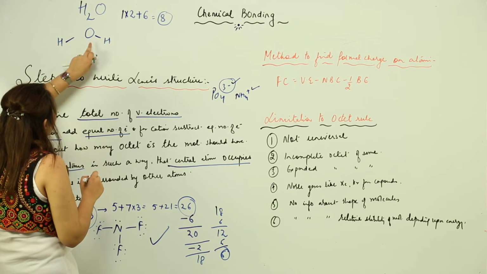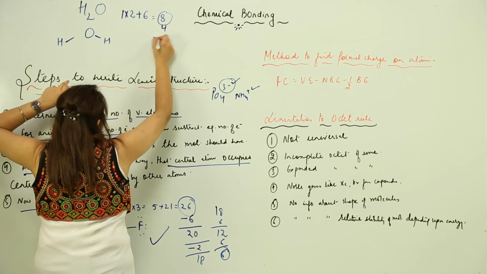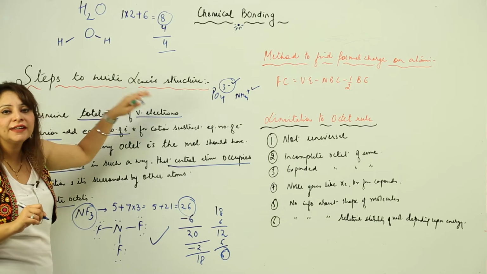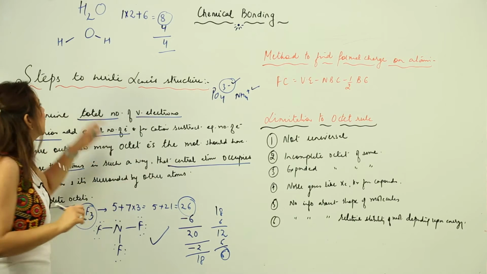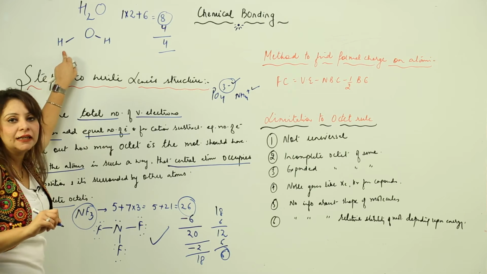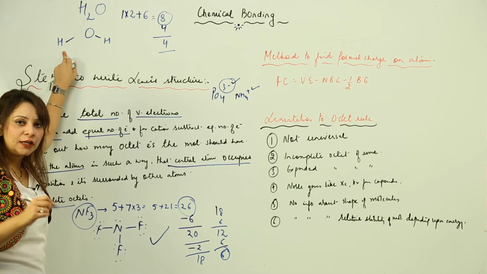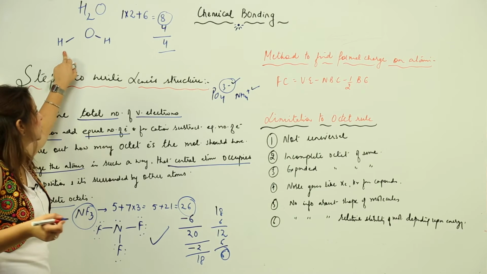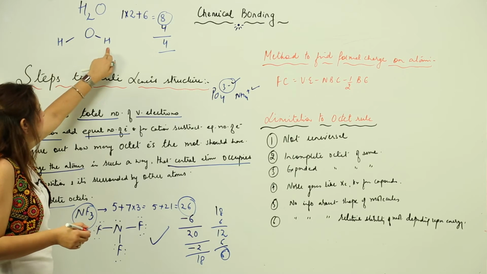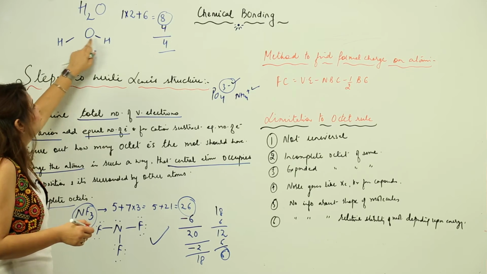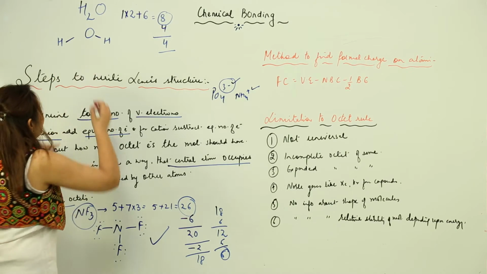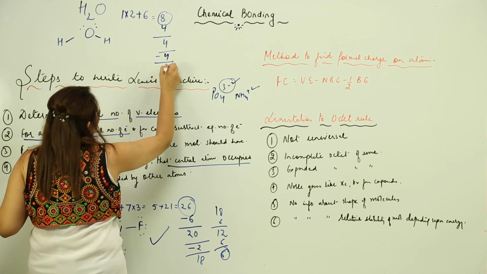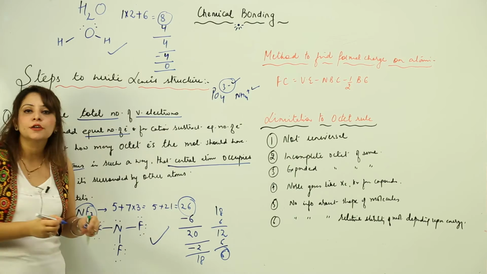So, how many electrons have we used? 2 and 2, 4. We are left with 4. When we check whether the octet or duplet is complete or not, you can see that hydrogen obeys the duplet rule. It has already acquired 2 electrons in the outermost shell, which means it doesn't need more electrons. So this is stable, but oxygen is not stable, it has only 4 electrons. We need to stabilize it by putting 4 electrons. And when we put 4 electrons, we are left with 0. So this is my Lewis structure for water.